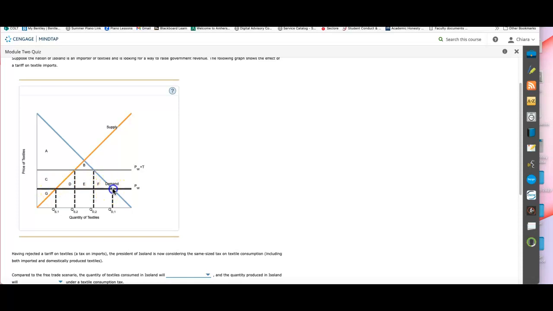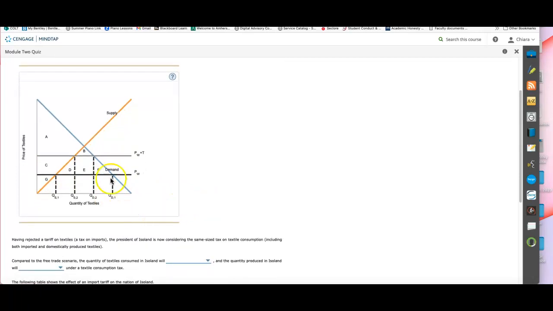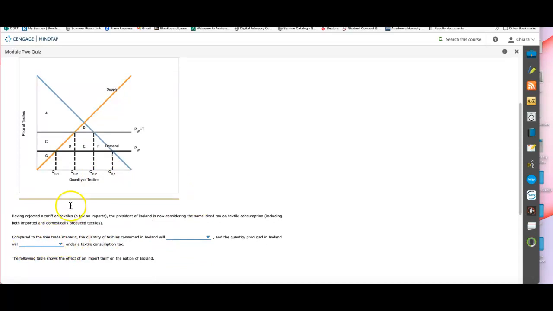But demand wants to use QD1 because the world price is so low, right? But now the government has imposed a tax. So what happens to demand? If we look along the demand curve at a higher price, they only want to consume QD2. So the quantity demanded is going to decrease from D1 to D2. So compared to the free trade scenario, which is a scenario on the world price, the quantity of textile consumed